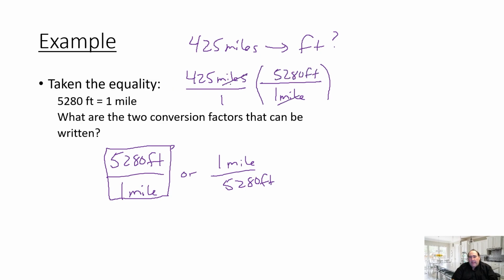The miles will cancel. We're going to once again multiply what's on top and divide what's on the bottom. In this case, there's only 1 on the bottom, so not much to divide by. So 425 times 5,280 is going to give us a number here of